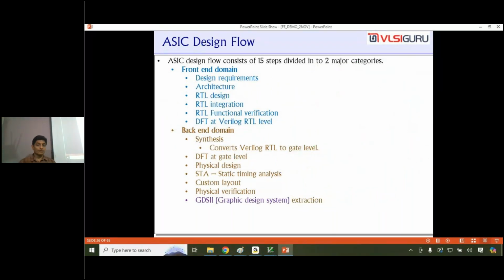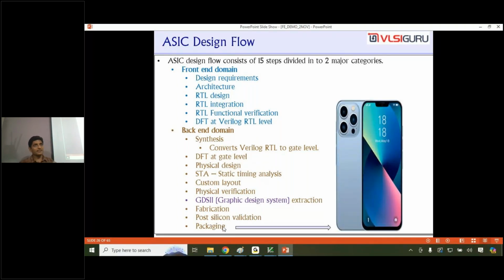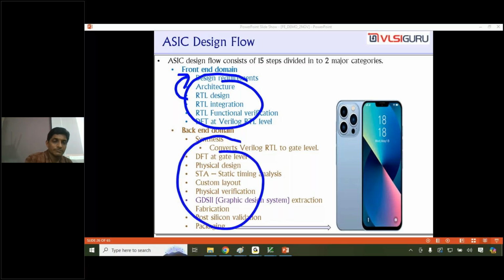So this is all what is involved. GDS2 file goes for fabrication. After that you do post-silicon validation. Then it goes for packaging. What is meant by packaging? Putting everything into, like, a mobile phone, do the packaging and they will sell. So this is all what is involved in the entire process. These steps are called the front-end domain. These steps are called as